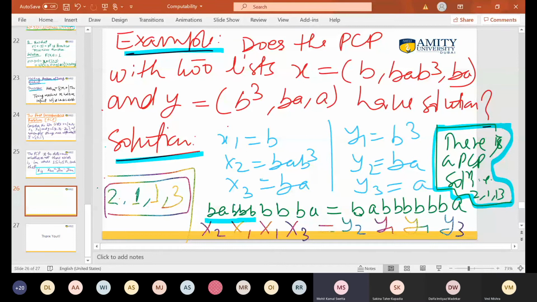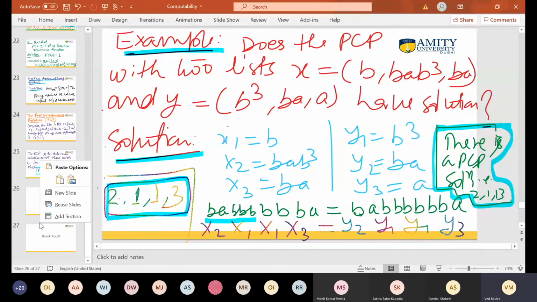Then how do I know which one to start with? Like here we started with x2. So how will I know which one? That's how we need to apply our mind and find the solution. The moment you are able to find the sequence, like 2113, that means you got it. Understood. Basically, it's just trial and error. We should just try and find out. You have to apply your mind and find the sequence.